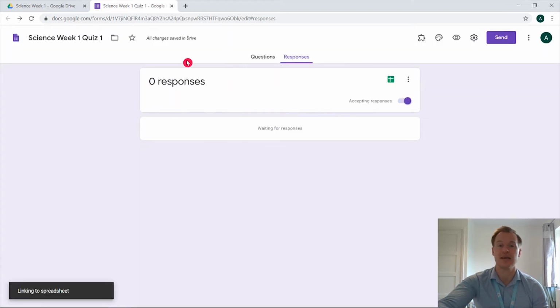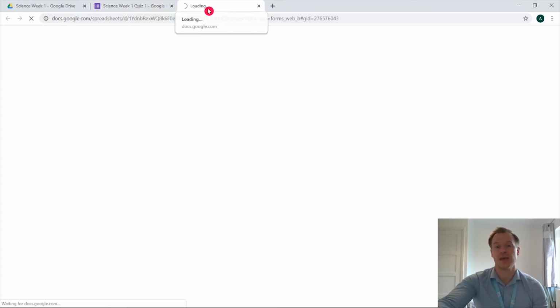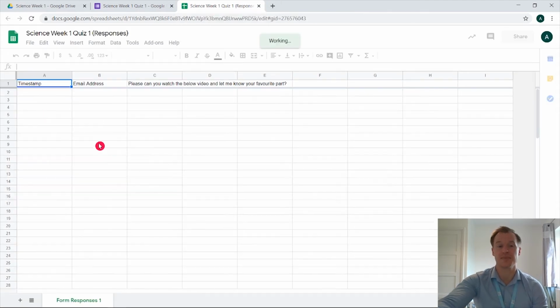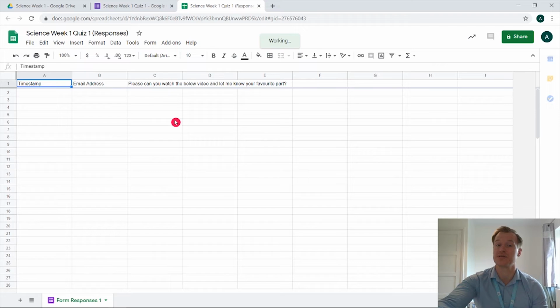Once we click create, that's going to open up a new tab. And once that's opened up, we can see that we've got the timestamp of when they'll be filling it in, we've got the email address, and we've got the response. So quite quickly and very easy to see at a glance, we're going to be able to see all of the responses